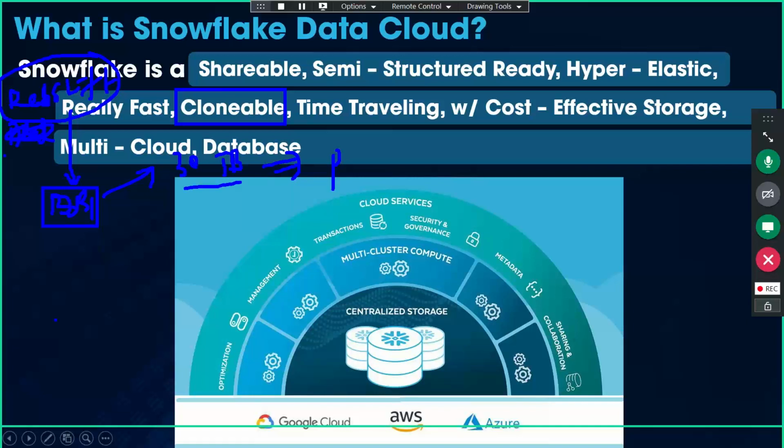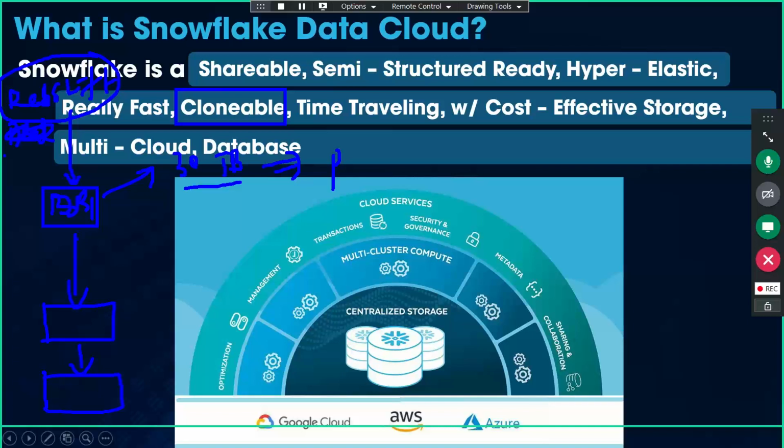So in order to test and develop the pipelines and everything, you need to have the same data in the lower environments also, if that is the requirement. You don't need to maintain exactly the same data; a sample set of the data is also sufficient. But if you want to have the same set of data like your production database in the lower environments also,